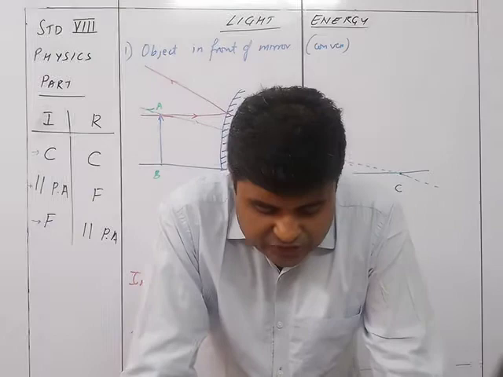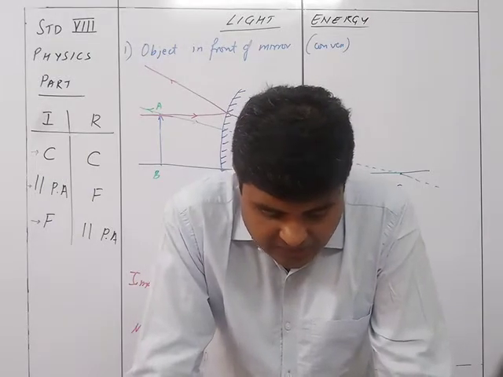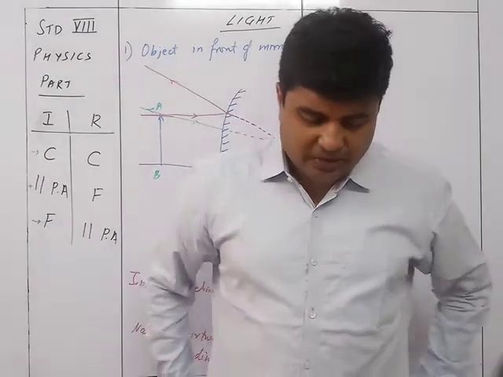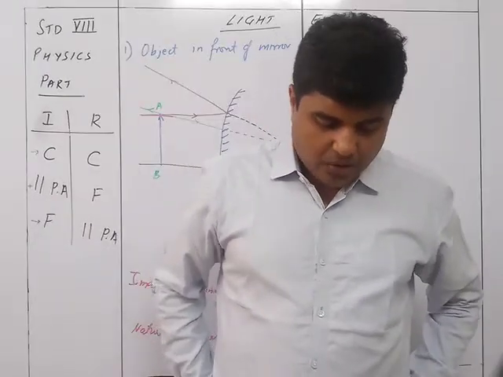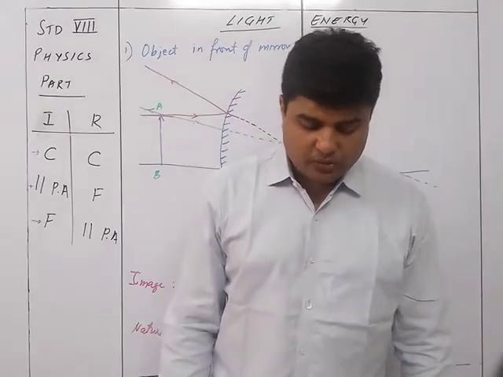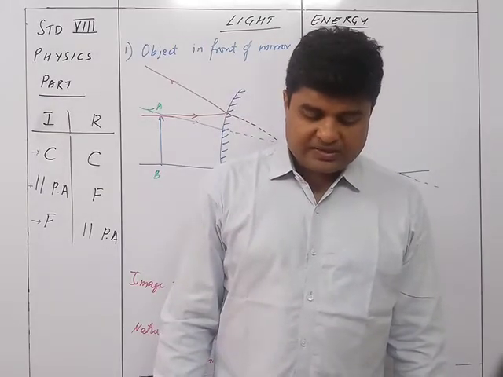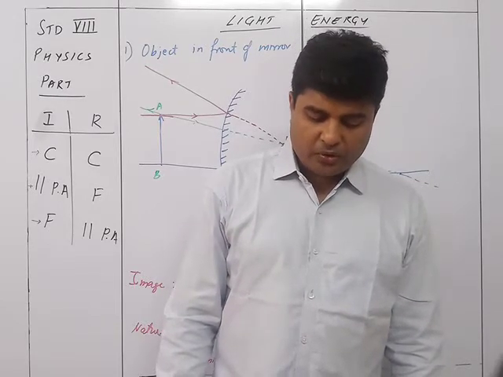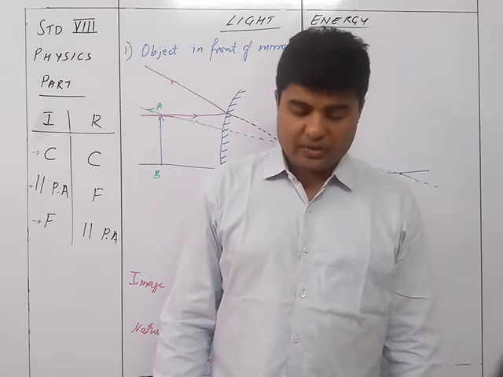Take a polished steel spoon. The inside surface of the spoon is curved inwards and has a concave shape, while the outside surface of the spoon is curved outwards and has a convex shape. Hold the spoon in such a way that the inside surface of the spoon is closer to you. See the image of the face, it is erect and magnified. Now move the spoon away from you. You will notice that the image becomes inverted.